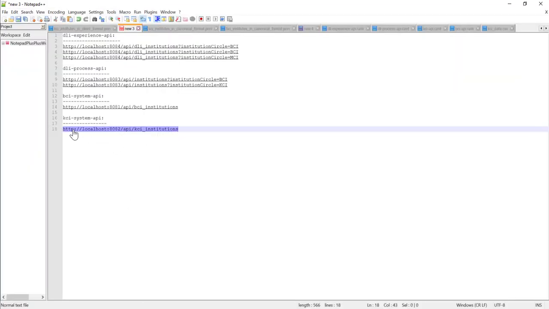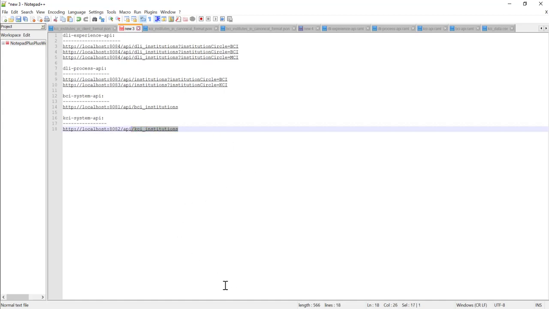So what we will do is see what exactly happens when we try to access this URL, right? Let us split this part. We have seen that in the listener configuration of the KCI system API, we have mentioned localhost as the host, the port number is 8082, and the path was mentioned as API. Now here comes the actual service path, right?